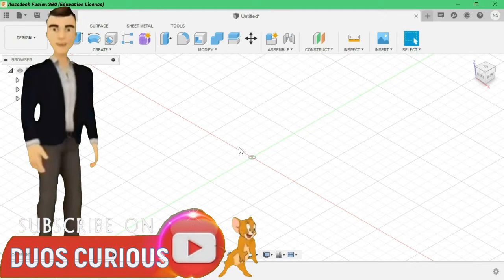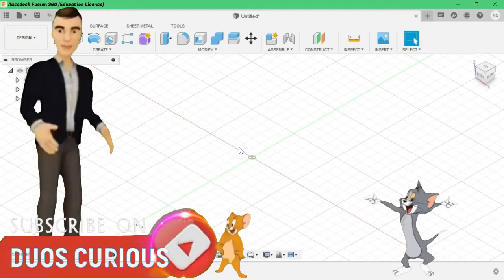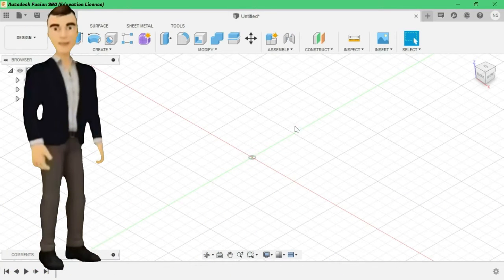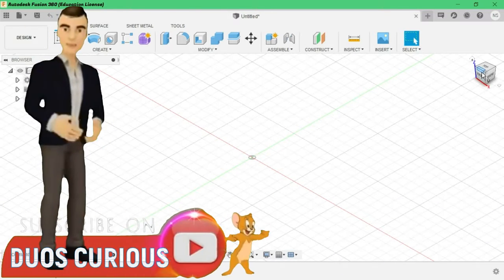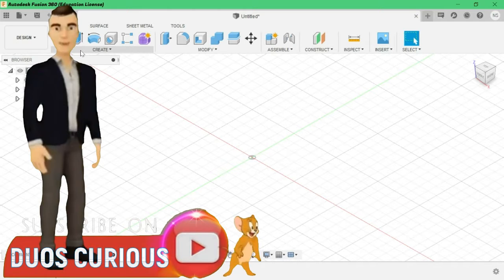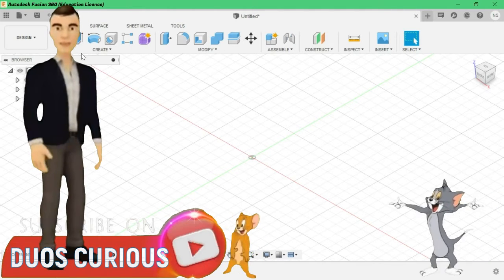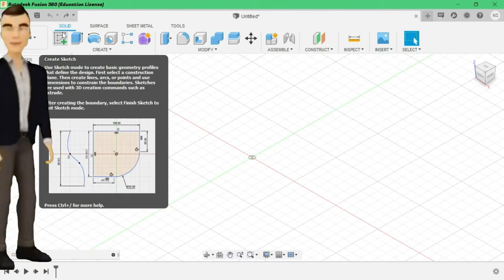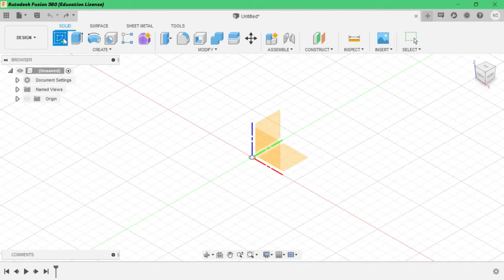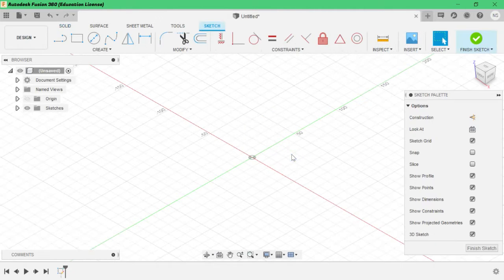This is session 2 on 3D modeling in Fusion 360. Today we are going to learn parameters and constraints. So let's get started. Click on create sketch, select a plane. As always, we are selecting the top plane,